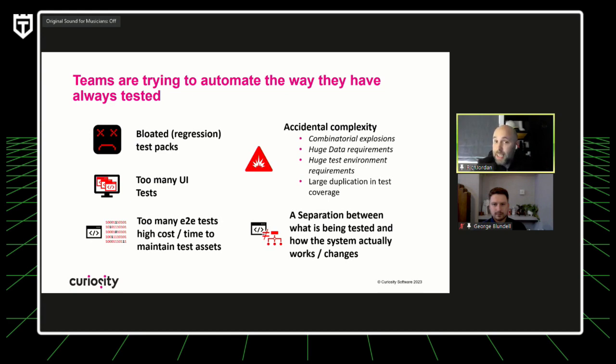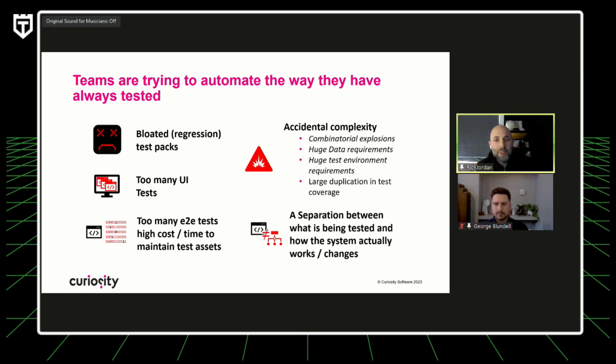By that we might mean test cases, for example, or we might even mean automation of test cases. You get a separation of what the test case is doing, but also what the system is doing. All right. And that really feeds into that accidental complexity where we don't have intrinsic links from the test automation asset to what the system is doing. There is a gradual separation.